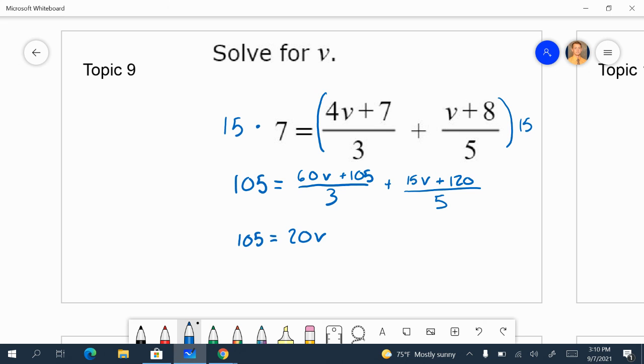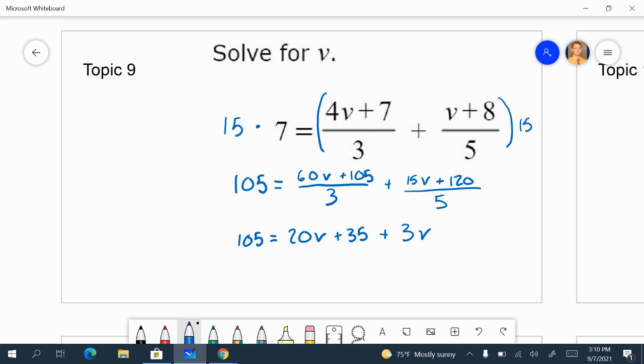Had the bell go off, sorry. 105 divided by 3 is 35, plus 15 divided by 5 is obviously 3v, and then 120 divided by 5